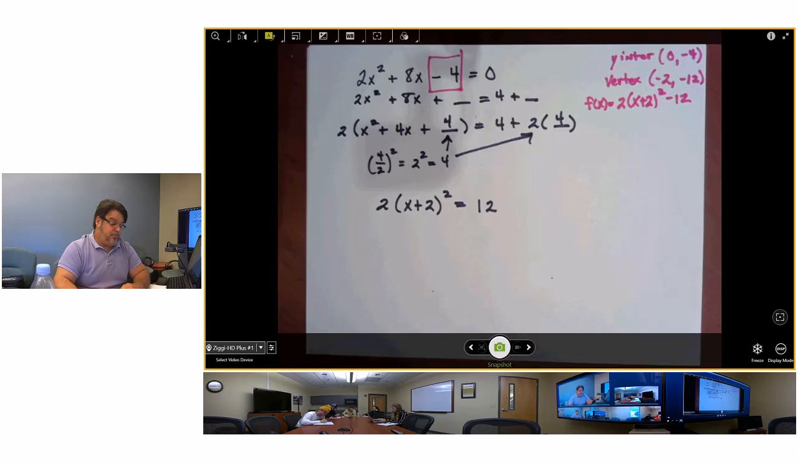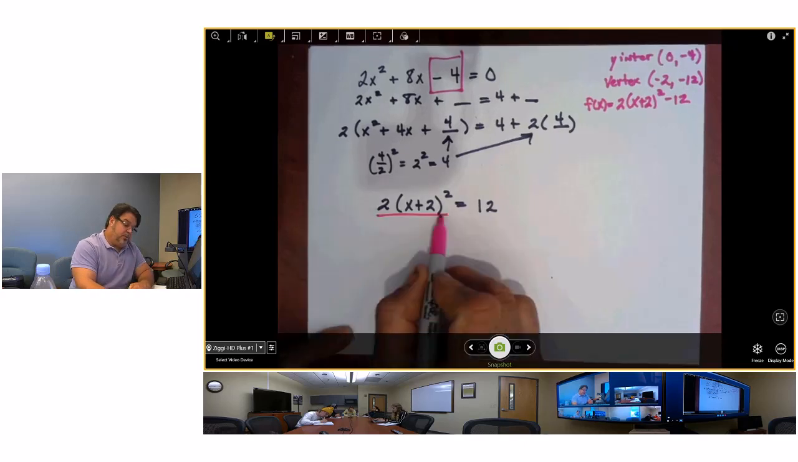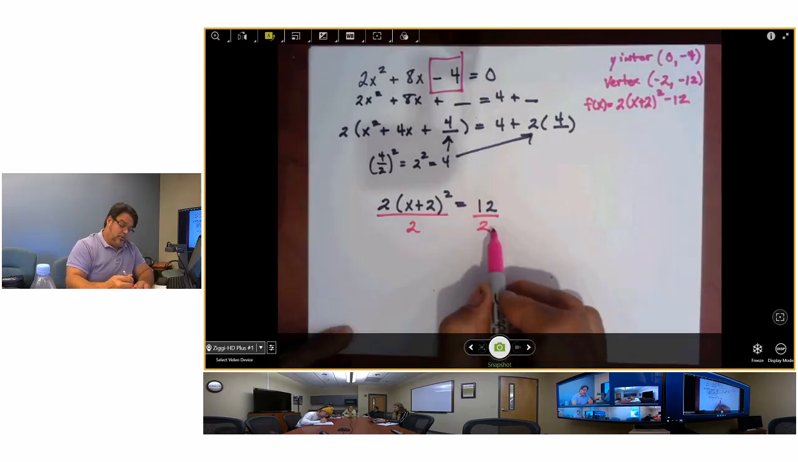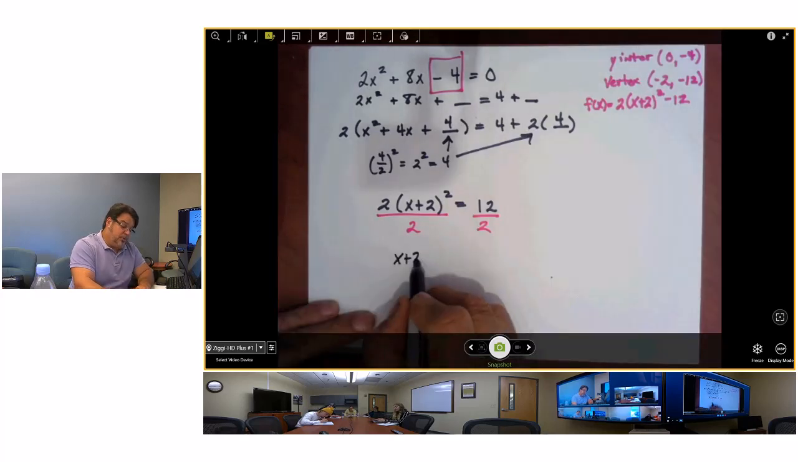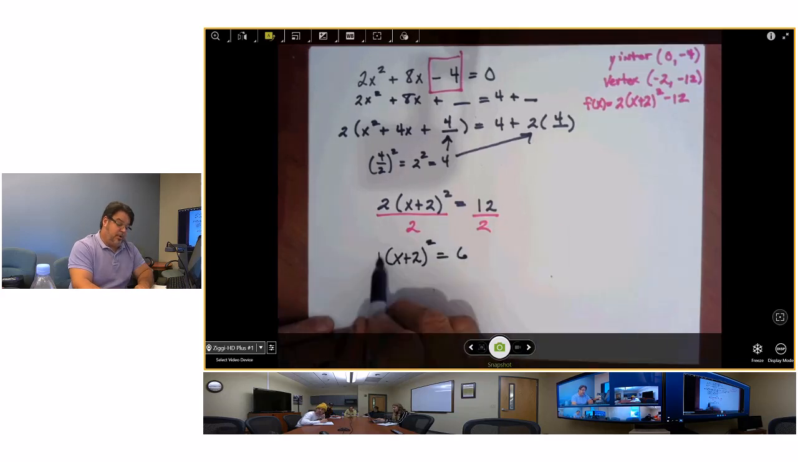Now we just finish by dividing by 2, and we get x plus 2 quantity squared is equal to 6. Let's take the square root of both sides. x plus 2 is equal to positive or negative